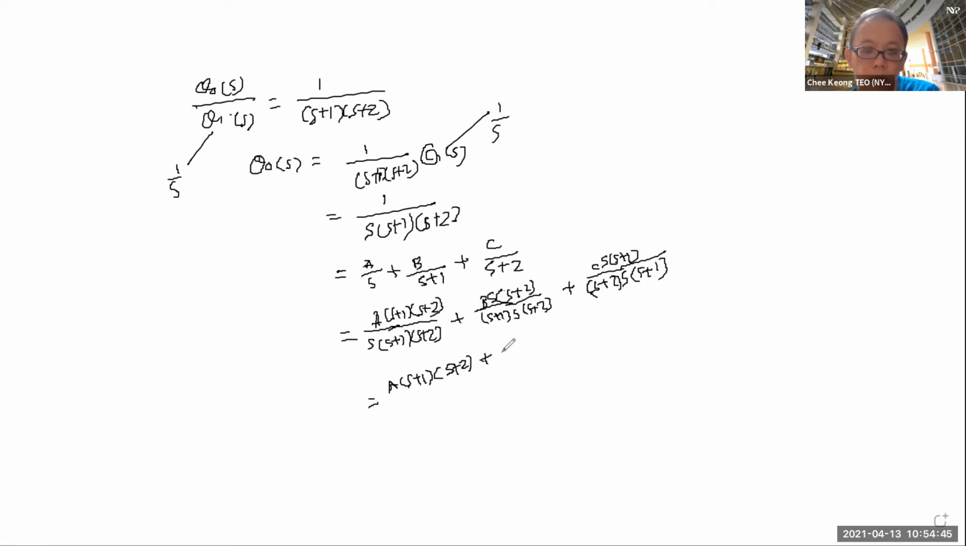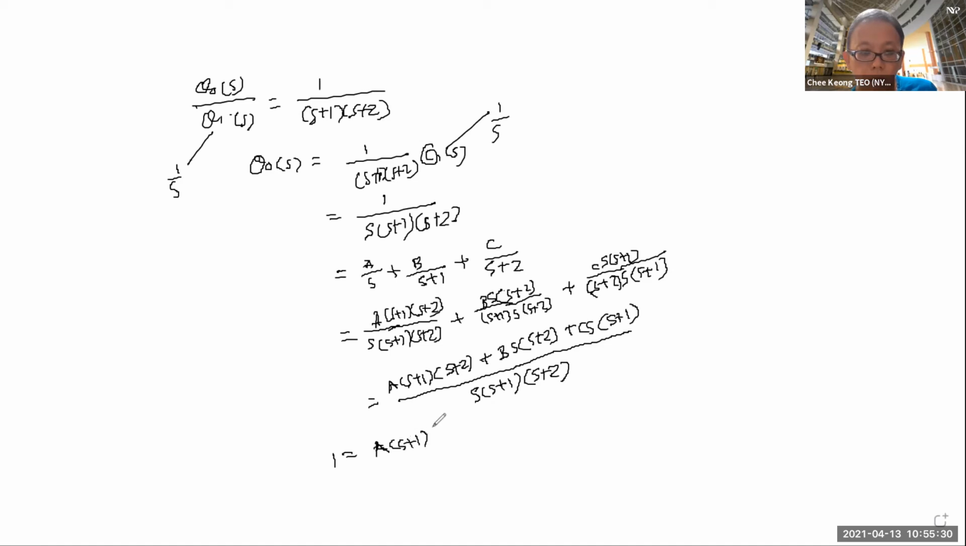Plus b over s plus 2, plus c over s plus 1, right? Over your entire denominator, which is s times (s plus 1) times (s plus 2). Now you take a look at this. This equals this, right? The denominator. So 1 must equal the whole expression here. Since the denominator is the same, the numerator must be the same. So we can conclude that 1 must equal a